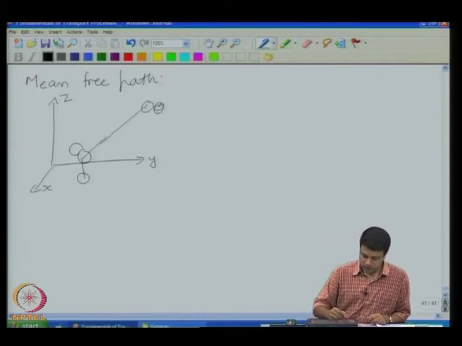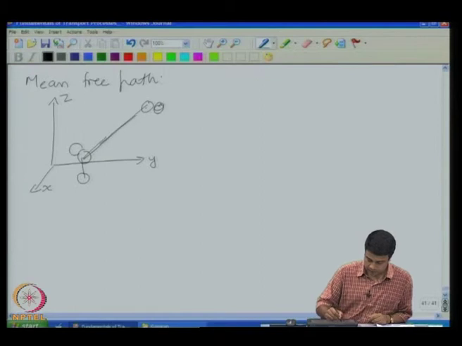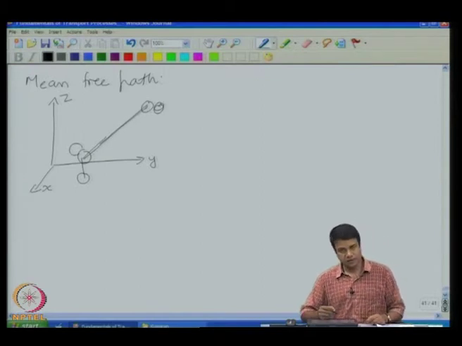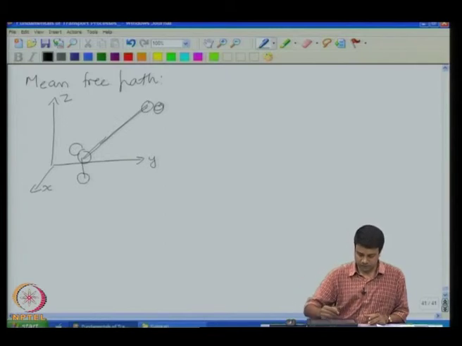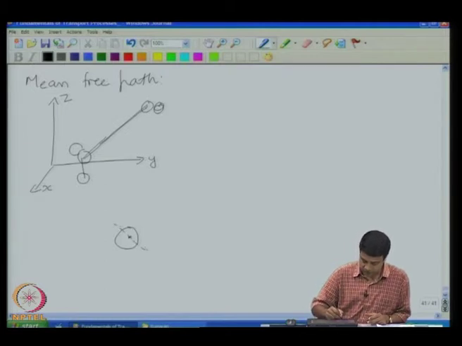Now, this molecule travels in straight lines between successive collisions. As it is traveling in a straight line, it sweeps out a cylindrical volume. This molecular diameter is d. It sweeps out a cylindrical volume